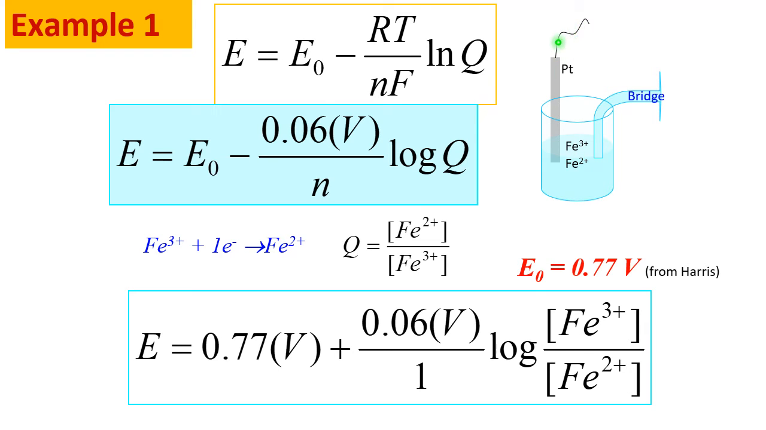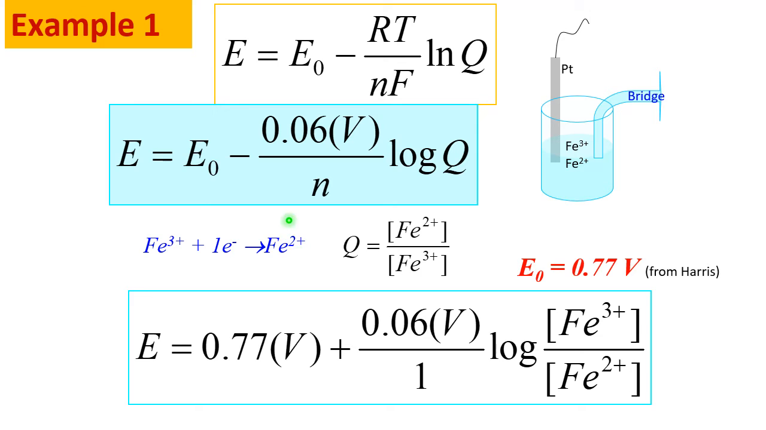Let's consider the system in which a platinum electrode is put in a solution that has Fe3+ and Fe2+ ions. We have the Nernst equation for this system in full or in approximation way. Now we write the half reaction in this solution. Fe3+ ions take one electron to become Fe2+ ions. The number of electrons n is 1. Q is